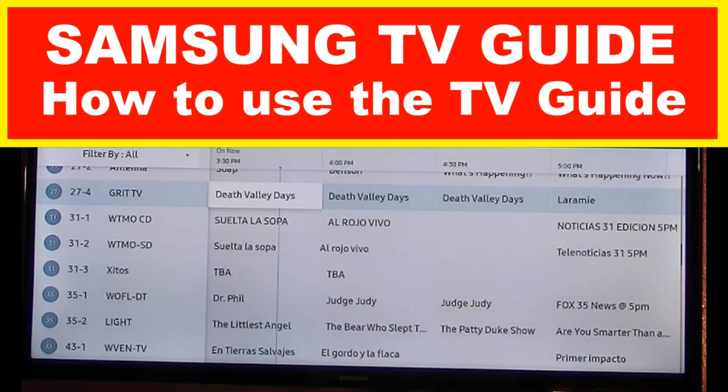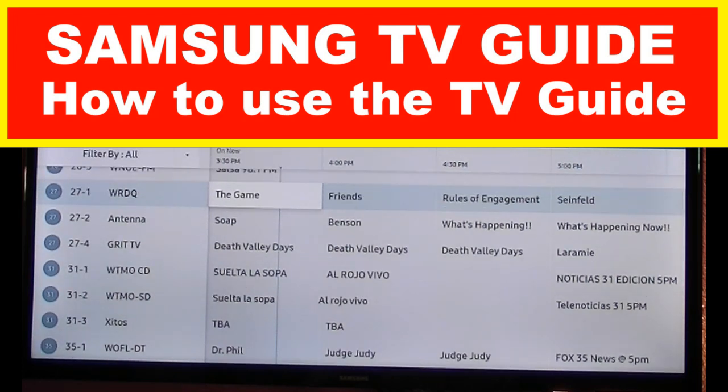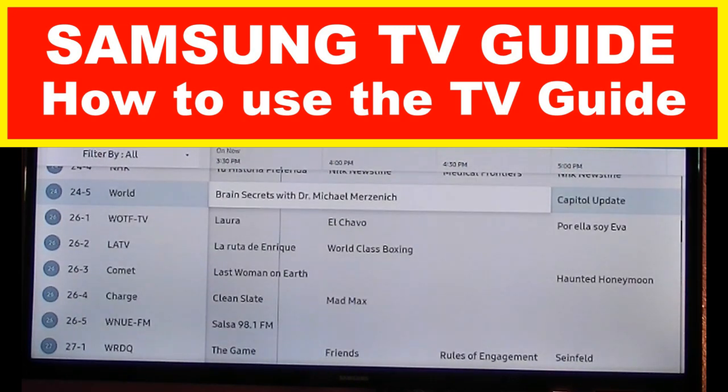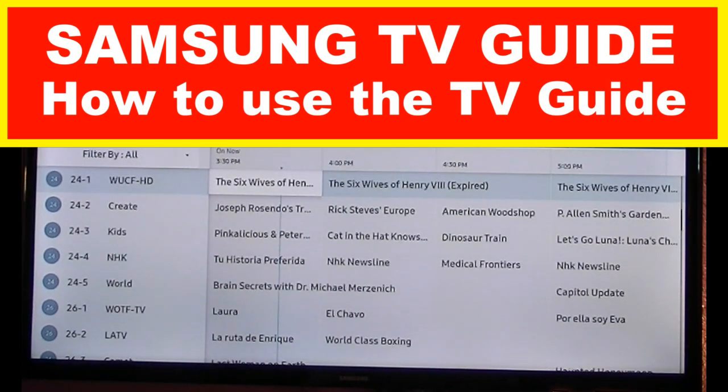Let's just keep going. 27, RDQ is a good channel. 27.2 is Antenna. 27.4 is Grit TV. It has a lot of westerns and stuff like that. And Comet TV and Charger TV. It has a lot of older TV shows. Create,